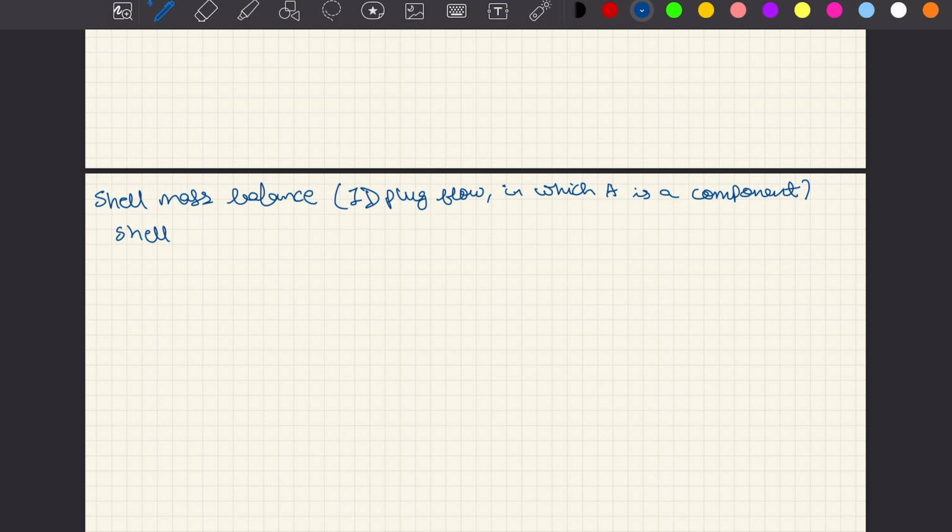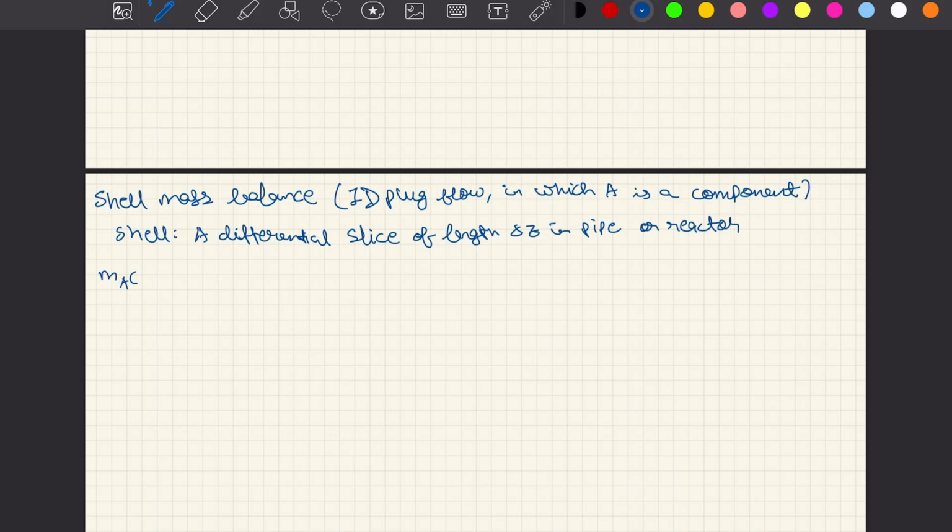We will consider the shell as a differential slice of length delta Z in a pipe or reactor. The notation will be as follows, where MAZ will be the mass flow rate of component A at position Z,